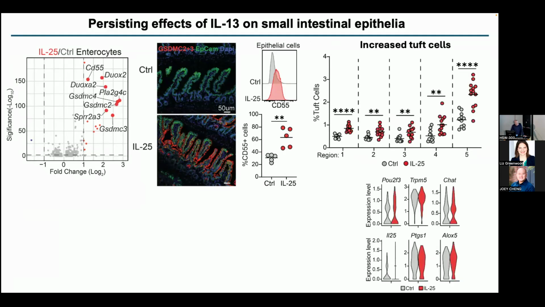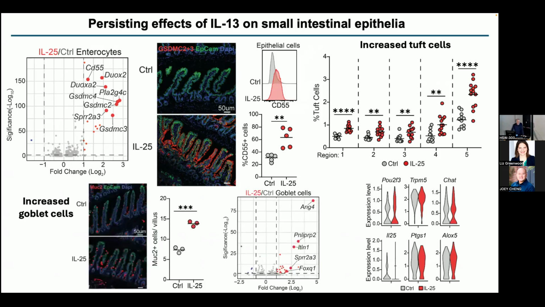These tuft cells were highly increased, but in the normal gradient, they were just increased compared to the normal proximal to distal increase. They had the same canonical signature, but interestingly, they had downregulated IL-25 itself. See how that's kind of interesting. And they increased the goblet cells. Over here, you can see with MUC2 staining. And all of these also express a number of IL-2 genes.